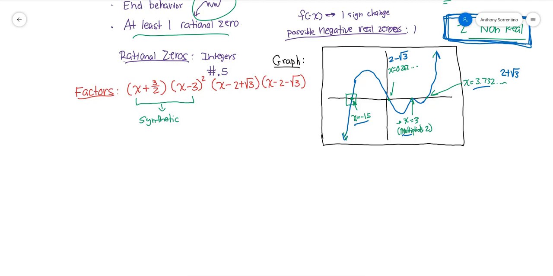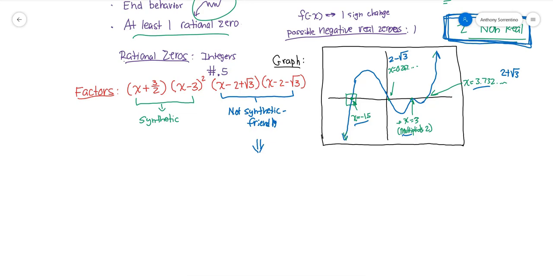These, on the other hand, are not synthetic friendly. I could try that, but I'm going to have a lot of irrational numbers along the way. It's not going to work out very nicely. It's going to be really clunky, and I really don't want to use synthetic division with those. But what I can do with those